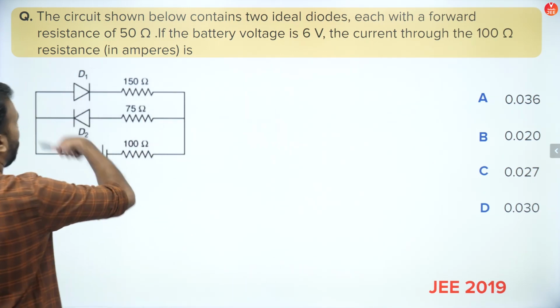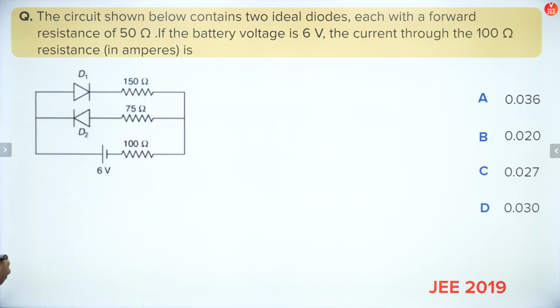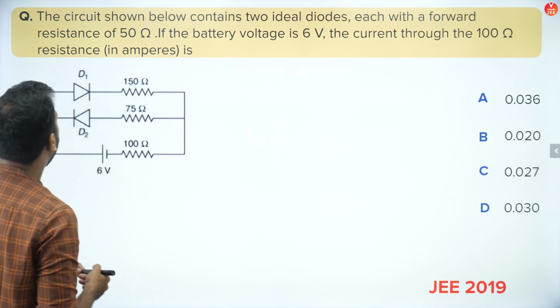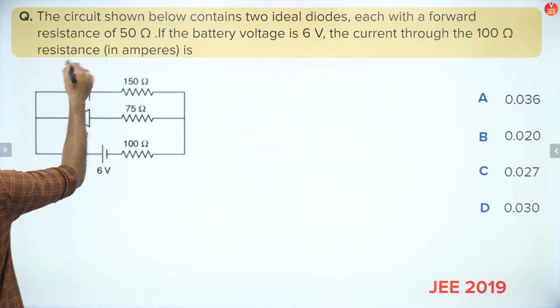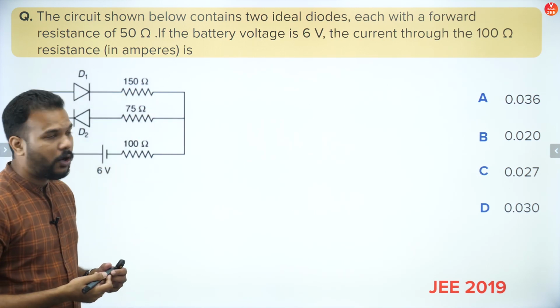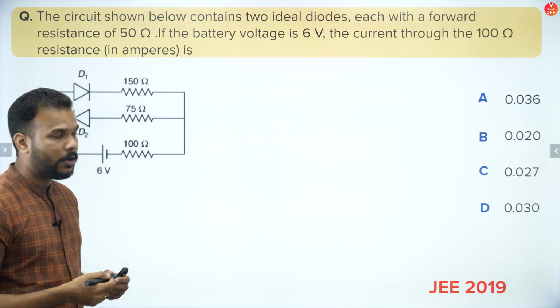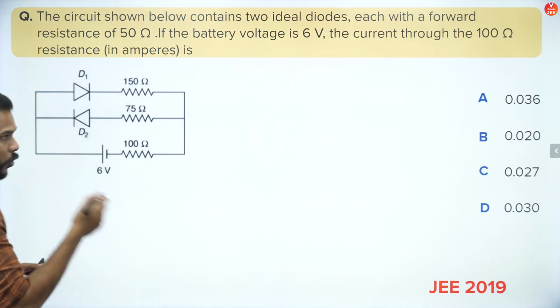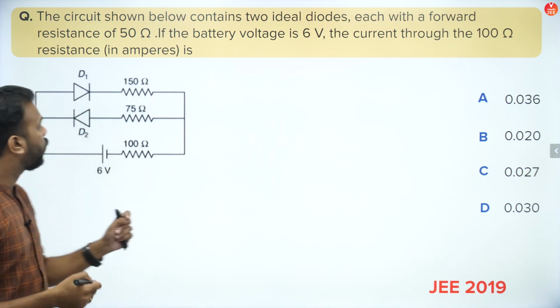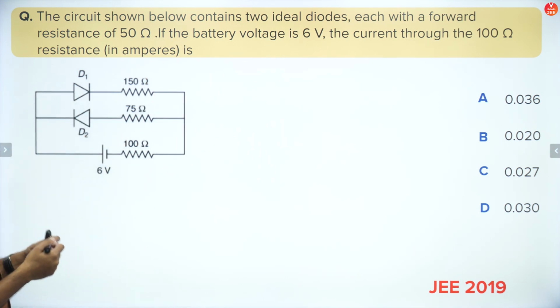It says that again you have been given the circuit which has two diodes, which are ideal diodes, but when they are forward biased, they offer a resistance of 50 ohms, both of them. And obviously reverse bias they have not mentioned, because in reverse bias the diodes offer infinite resistance. They do not let the current pass through that branch. So if the battery is 6 volts and the current through the 100 ohm resistance is to be found,